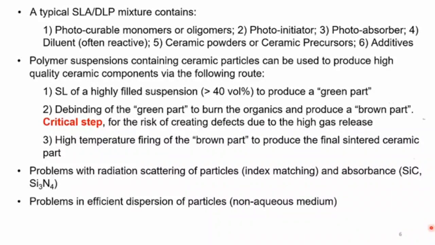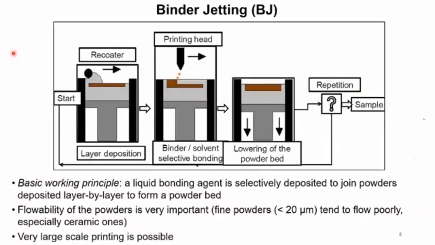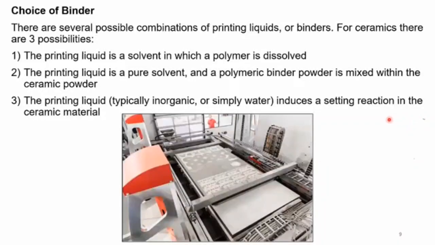So you have the problem that it is very difficult to reach full density for the component. And of course, you want to have a proper layer of powder, because if you start generating a ceramic component from a powder bed that has defects, then those defects will remain embedded in your final part, of course, compromising the properties. One advantage of this approach is that you can have very large scale printing, and there are some companies like Voxeljet in Germany that have a printer that can print sand casting cores that are up to a